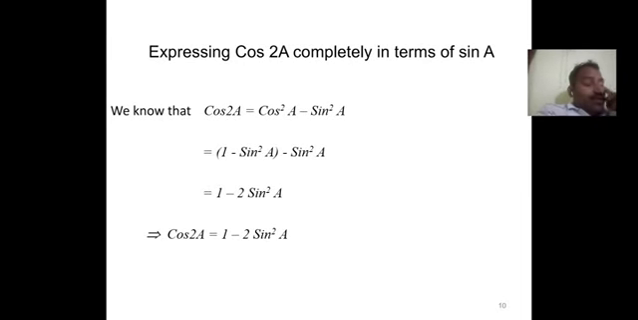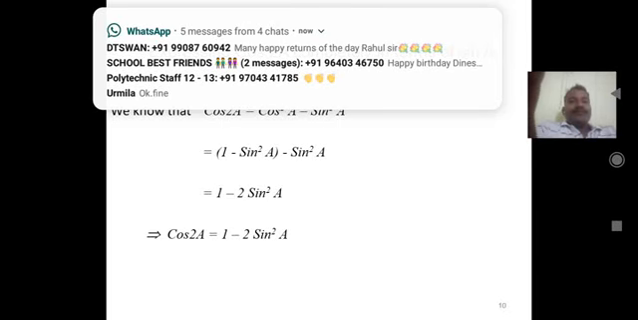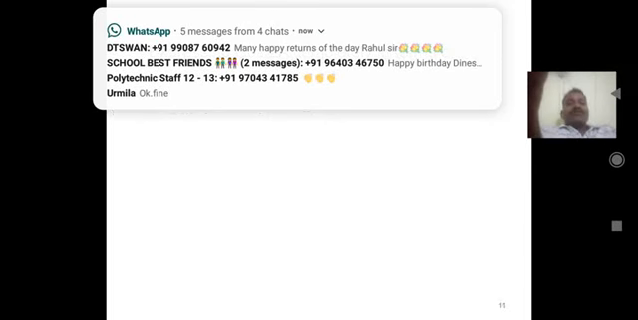So for cos 2a, we have in total 4 principles. First one is cos square a minus sine square a. Second one is 2 cos square a minus 1, completely in terms of cos a. Third, 1 minus 2 sine square a, completely in terms of sine. Now we can write it in terms of tan. For the tan,